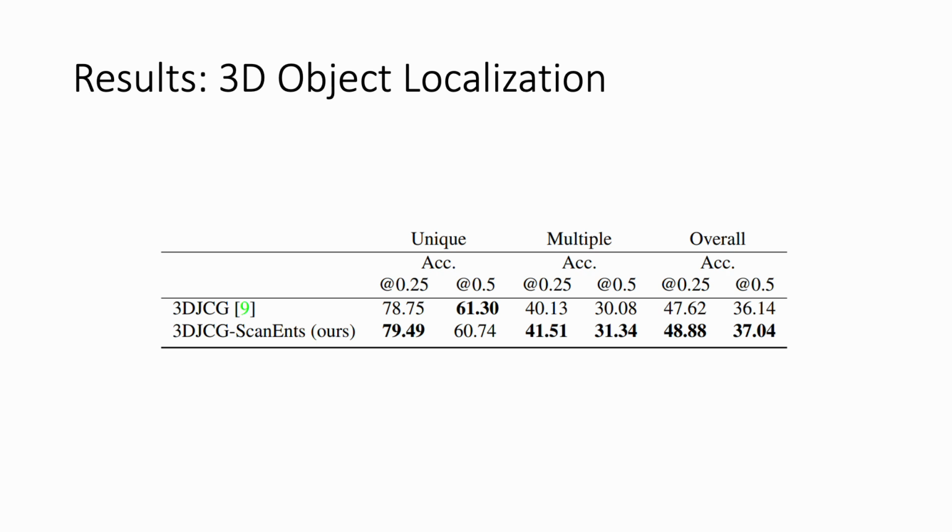We investigate the extent to which our proposed dataset can improve the performance of different types of neural listeners. In particular, a widely used design proposed by the ScanRefer benchmark requires a listener first to predict 3D object proposals and then identify the target proposal, which means it's 3D object localization. To that end, we adapt the anchor prediction loss to work with the recent 3DJCG network. We see improvements in the 3D object localization performance when using our proposed dataset. Most importantly, we observe an improvement in the more complex and harder case, the multiple case.